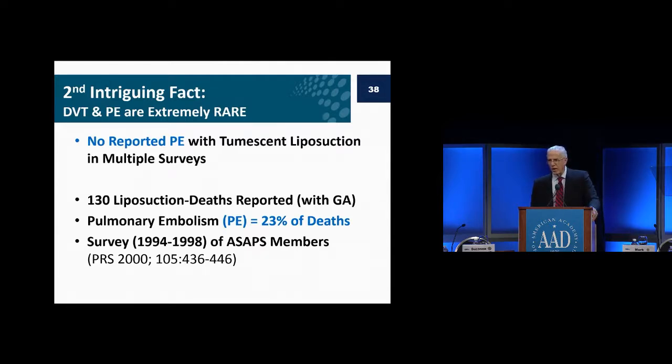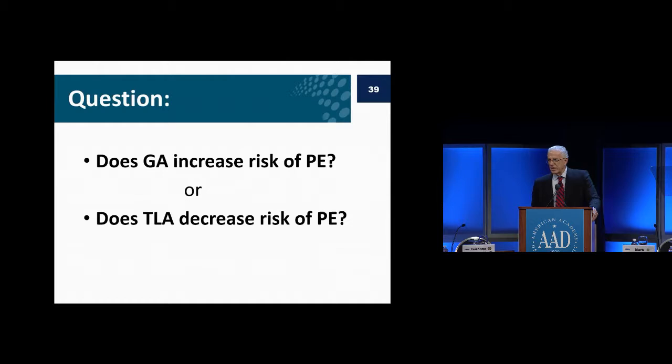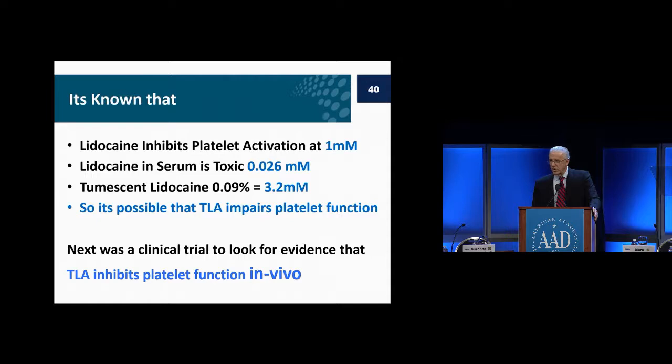And so my question was, is it that general anesthesia increases pulmonary emboli? By the way, those surgeons who responded to that survey all are surgeons who typically use general anesthesia and don't know anything about tumescent anesthesia. So, does general anesthesia increase the risk of pulmonary emboli, or does tumescent lidocaine anesthesia decrease the risk of pulmonary emboli, or both? So we started a little